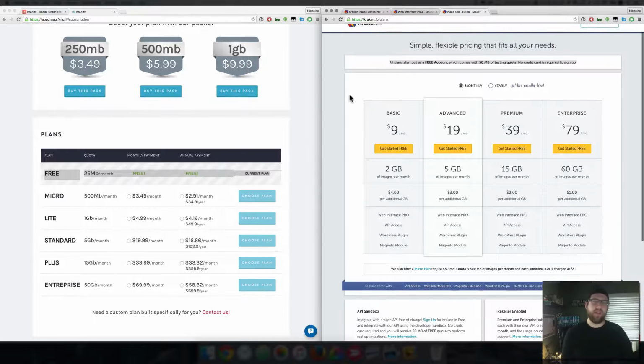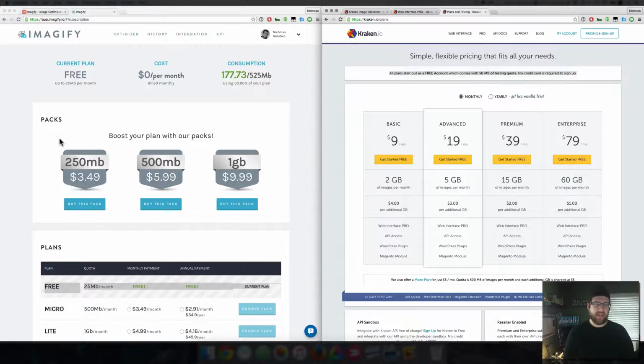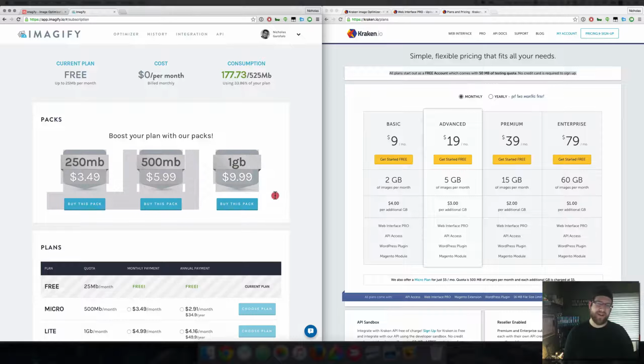Which, speaking of, the other cool thing with Imagify is that they have these booster packs that you can get. I'm thinking like Pokemon cards right now, where you can just one time buy some data for your plan. So I actually already used quite a bit of mine. They gave me some free stuff for signing up for an early invite, which is great because I was able